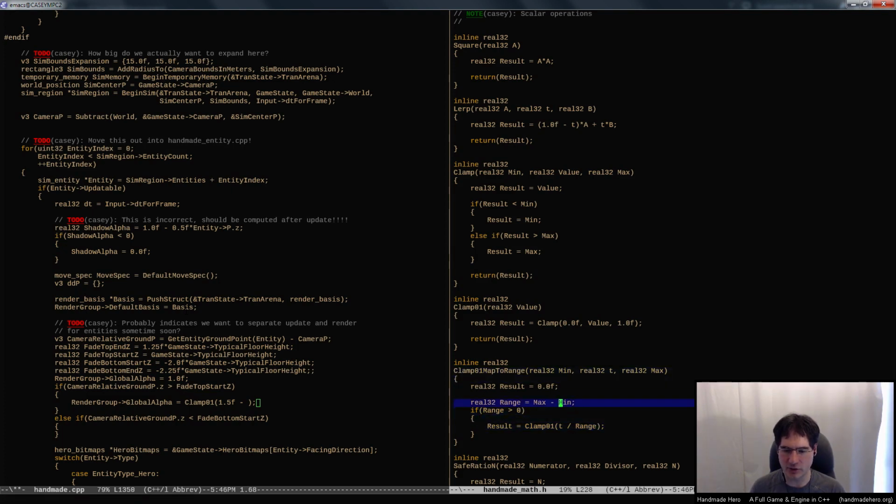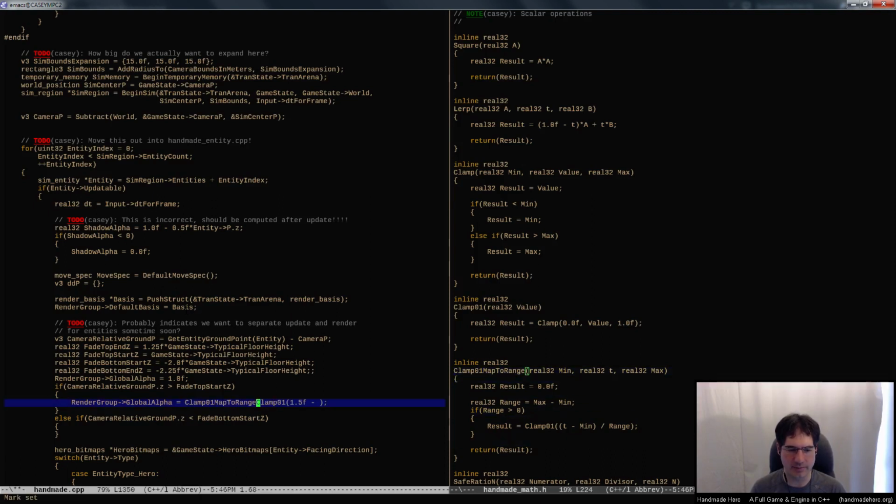So that's essentially going to normalize the t value to be in between the max and the min. Oh, and I guess I have to subtract the min from it. So this bases me around the min. As I go from the min to the max, I'll be producing values between 0 and range, and dividing by the range changes it into a 0 to 1. There we go. Now all I have to do is clamp 0, 1 and map to range,